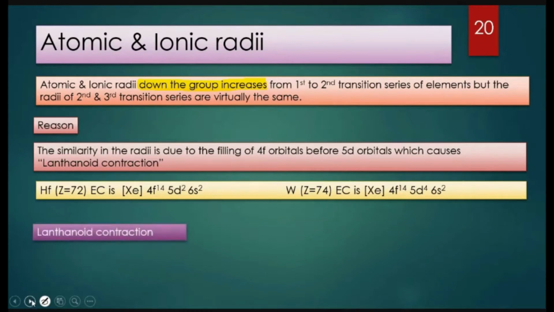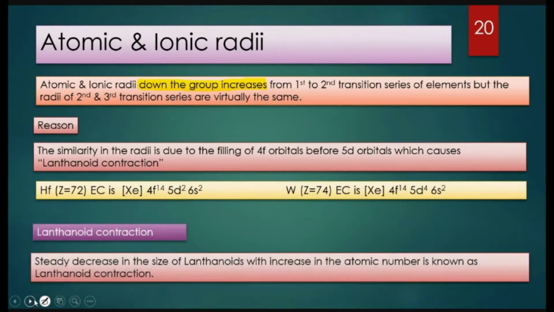So then what is this lanthanide contraction? See, lanthanide contraction is actually seen in the case of the lanthanides. I have already shown you the picture of the periodic table; the f block elements have two series, the lanthanide series and the actinide series. Just look at the lanthanide series of elements. It starts from lanthanum and ends with lutetium. When we move from lanthanum to lutetium, we see a gradual and steady decrease in the atomic size of the lanthanides. This phenomenon is known as lanthanide contraction.